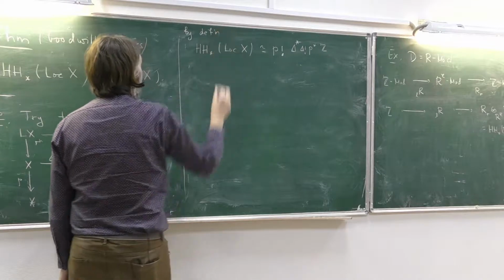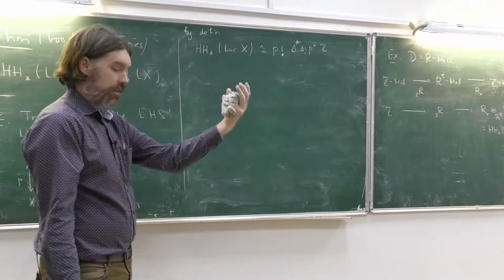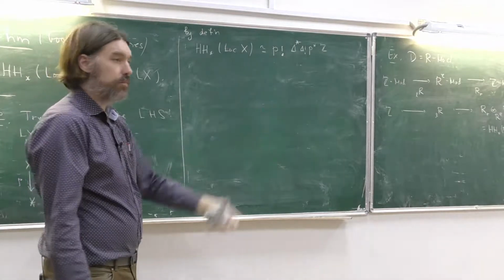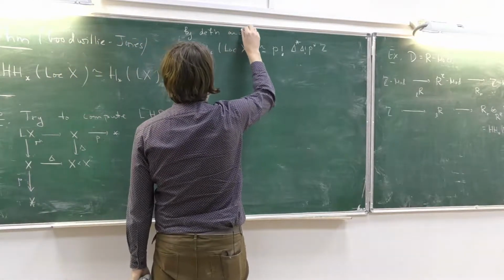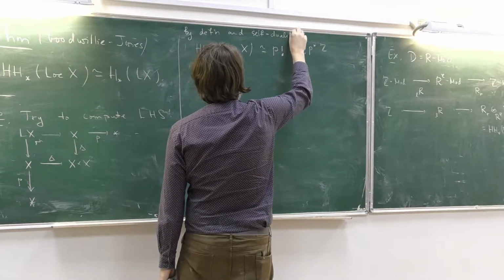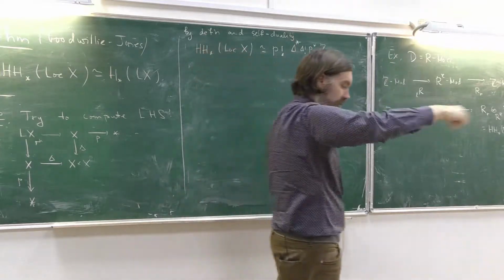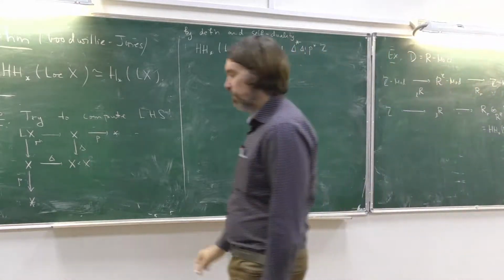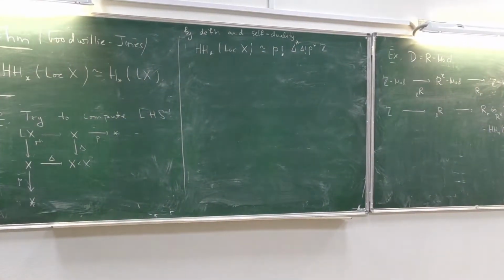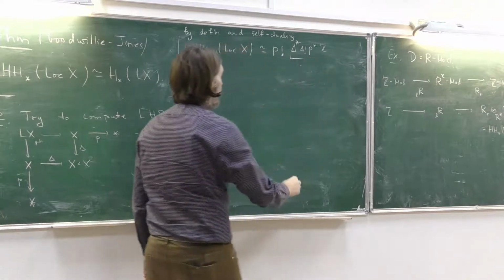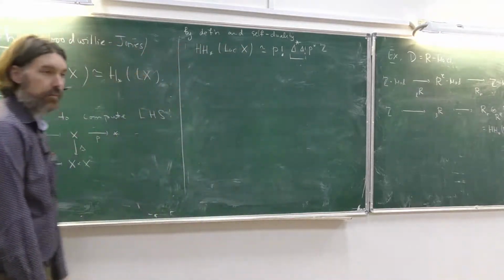Well, it's not exactly a definition. It's by definition and the fact that I told you how to identify local systems with its own dual. So this is by definition and self-duality. There are other ways to identify it with its dual. You could twist the identification I gave with an autoequivalence, but with respect to this identification, this is what we get. Very good.